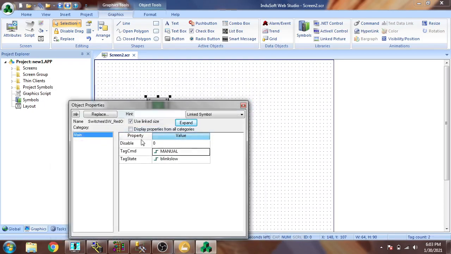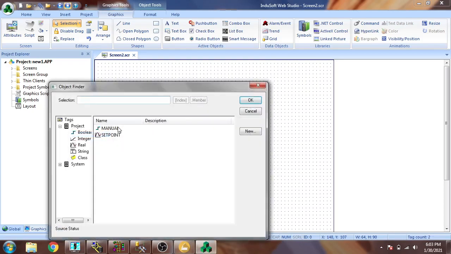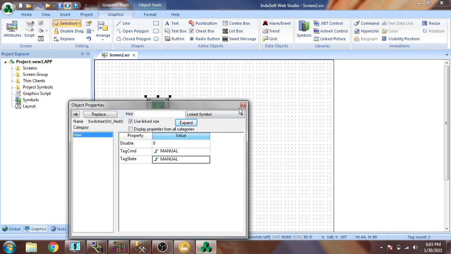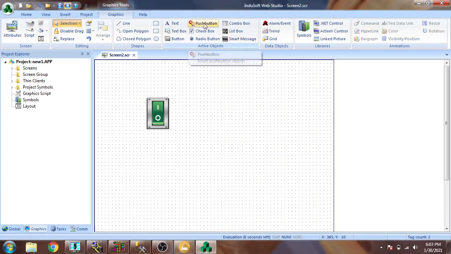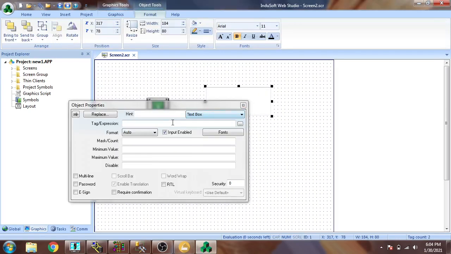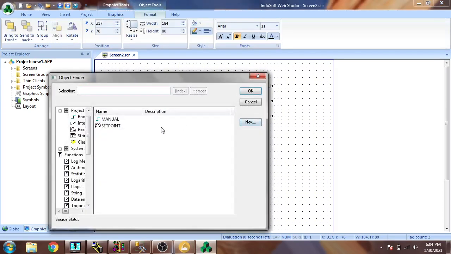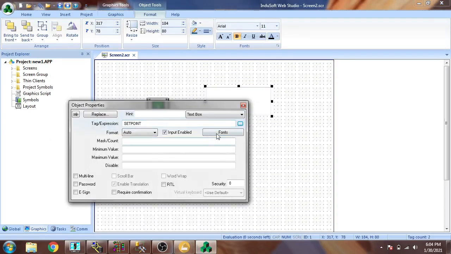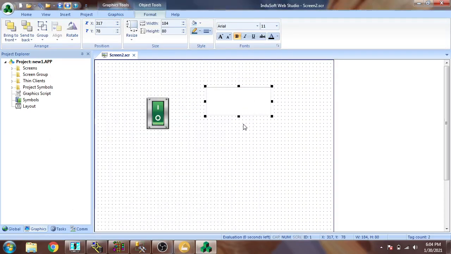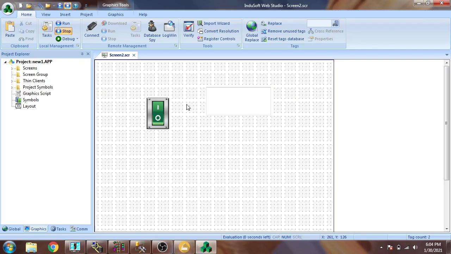You will see I am going to link it with manual, and I think it will link. Now I am going to select numeric entry, and I am also going to link it with the set point, and I am going to close that. You will see that both have now linked.